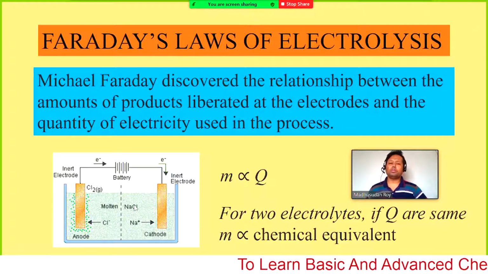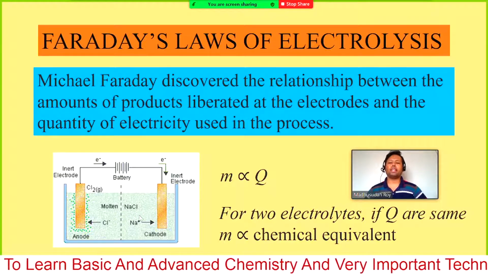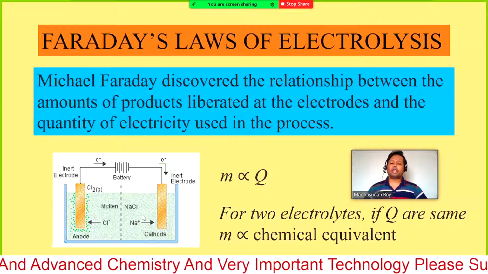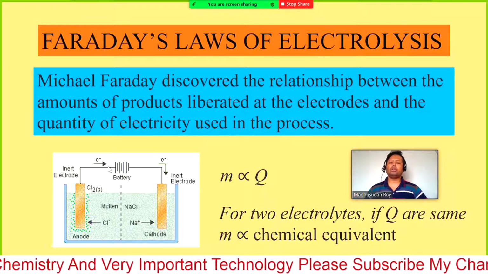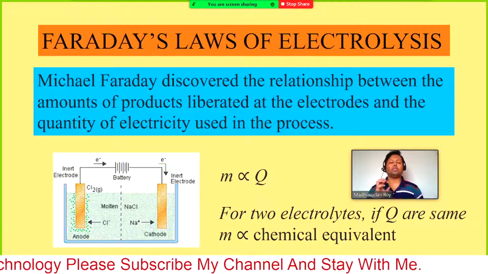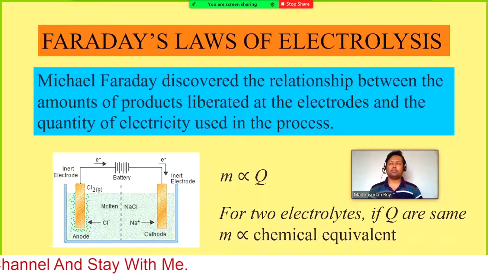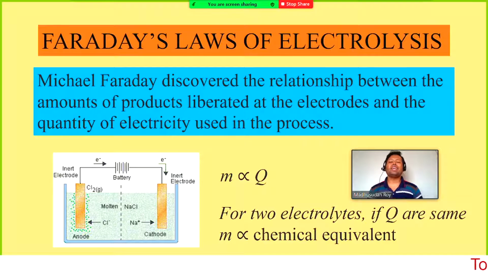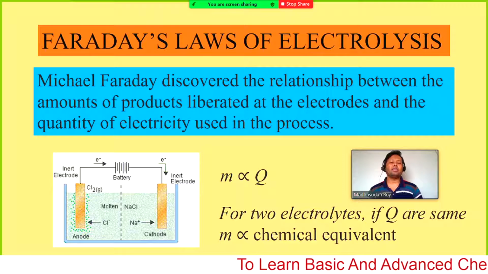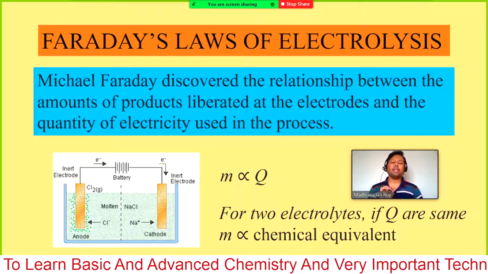Now if you want to change the electrolyte and electrode, to magnesium chloride or magnesium sulfate, something like this, in that case, if you supply the same amount of electricity through the electrolyte, how much will be deposited? That is also very related to what the materials are. A material has a specific property that is known as chemical equivalent. That means it is different for each material, but it is always constant for a certain metal or certain component.